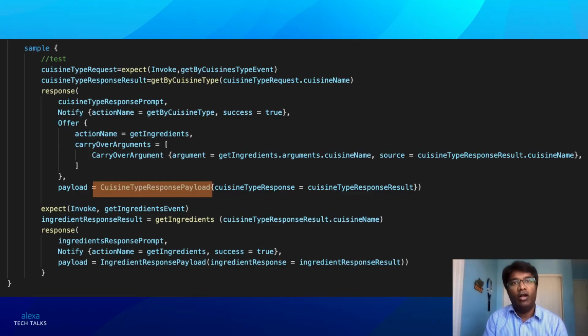Notice that only one of the types in the first turn is directly referenced in the dialog shown here to define our response payload. The other two are linked to the action and response, and they are in fact referenced, I would say, indirectly. And that's what this slide shows you.